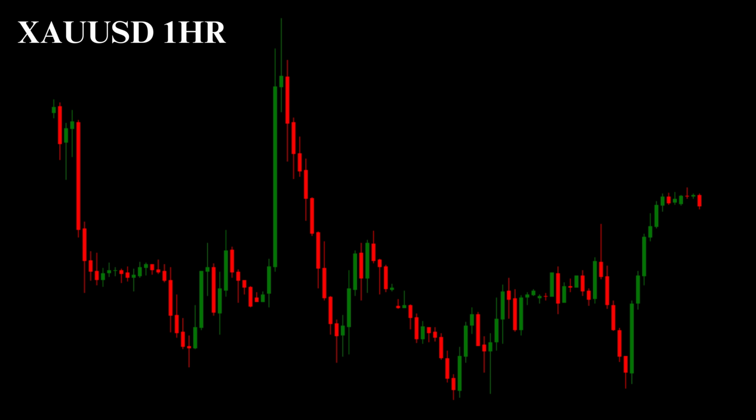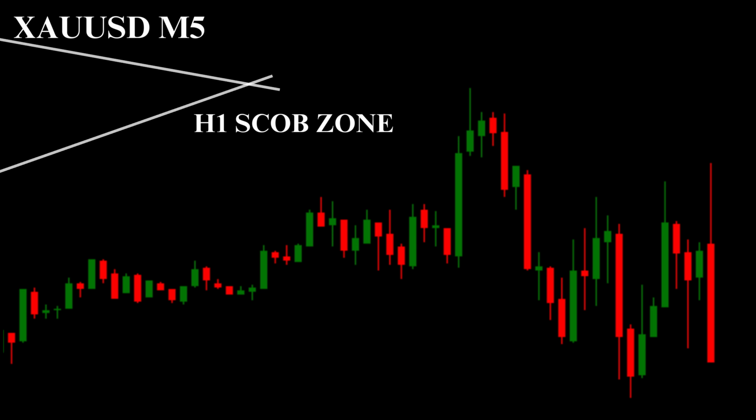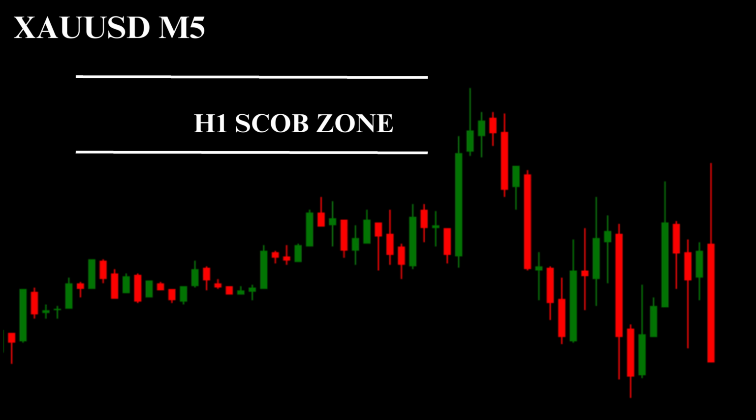After patiently waiting, this equal high liquidity pool was grabbed by this move, and this is single candle order block right there. Now there is no need guys to wait for this order block zone. We will just sell from this area. This is the single candle order block zone on 1 hour timeline, and change of character happened right here. This level is valid